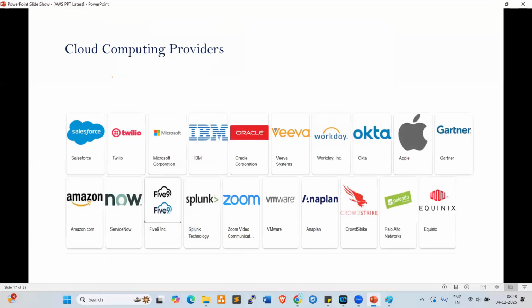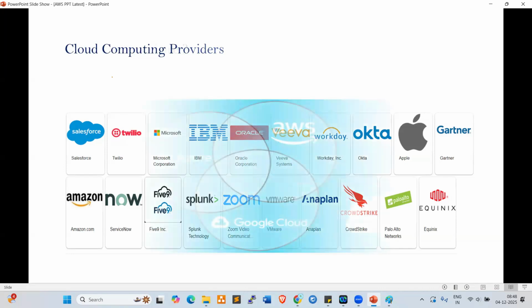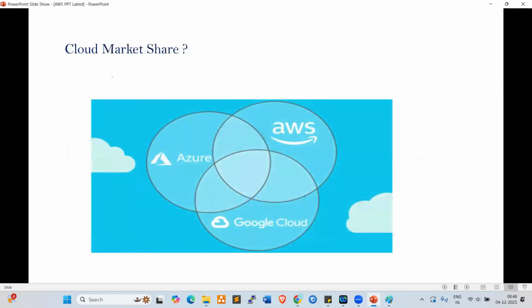These are all the vendors, the cloud computing providers. These are the topmost clouds. Let's try to understand cloud market share.